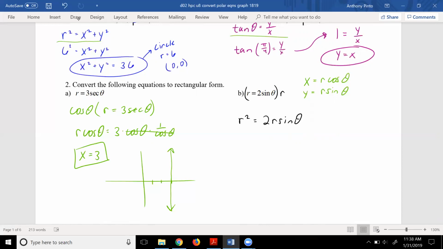Well, what's r squared equal to? If we look up here, we already said r squared is equal to x squared plus y squared. And we're ultimately trying to get this equation into everything in terms of x's and y's. So we have x squared plus y squared is equal to 2y, because r sine of theta is equal to y. All right, getting everything on one side of this equation,